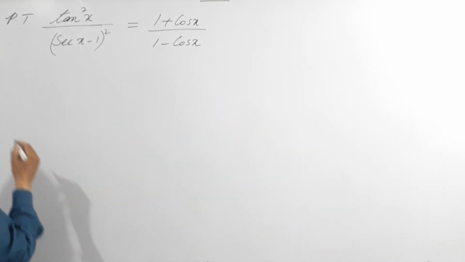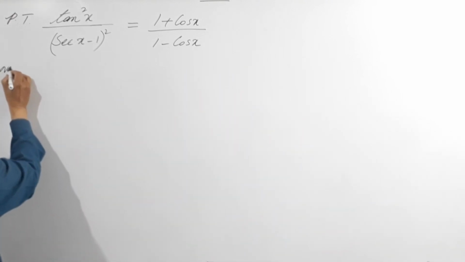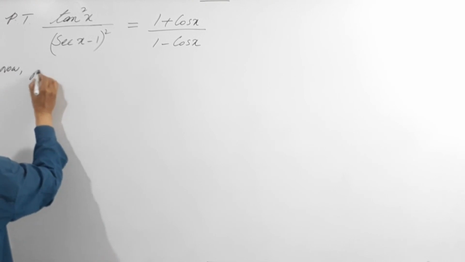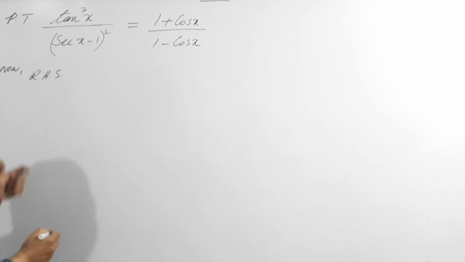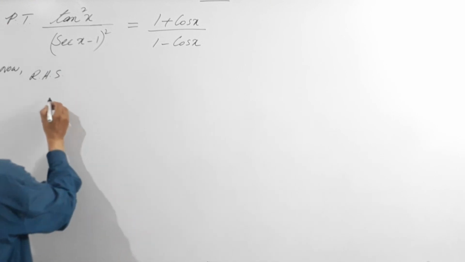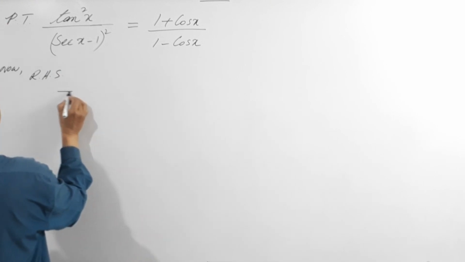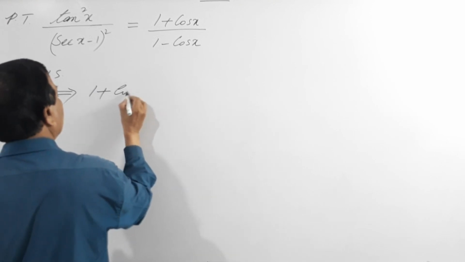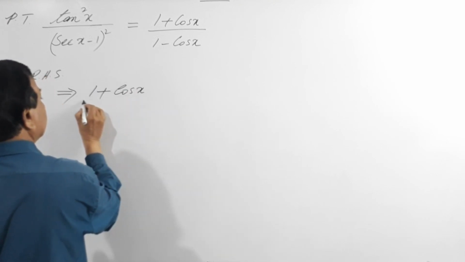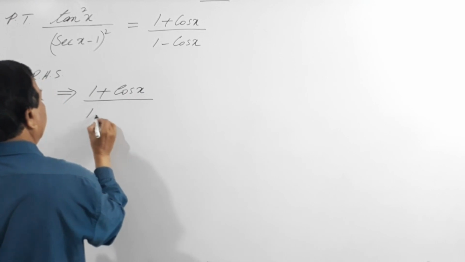Now, right hand side, I'll take right hand side. For a change, I'll take right hand side. So that becomes 1 plus cos x divided by 1 minus